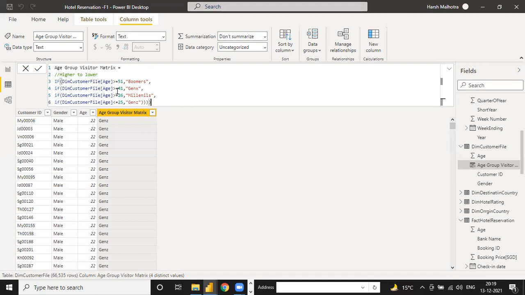So right now there is a condition of higher to lower, and in higher to lower you give one condition, and then once that one condition has been applied for all the rows, it disables this condition first, and then the next condition follows. So that is why we have a hierarchy for all the things.